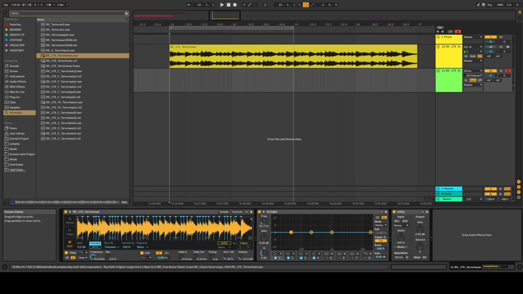So now if I play on my keyboard, it plays every note, every beat individually. But you can also change the sensitivity here. So how many slices you want,